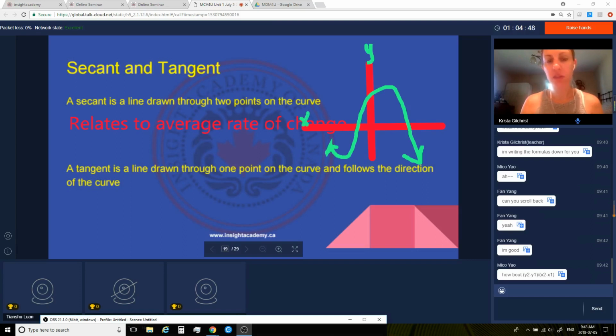Okay, so this is a sketch of a graph. This green graph right here is on the XY axis. A secant,